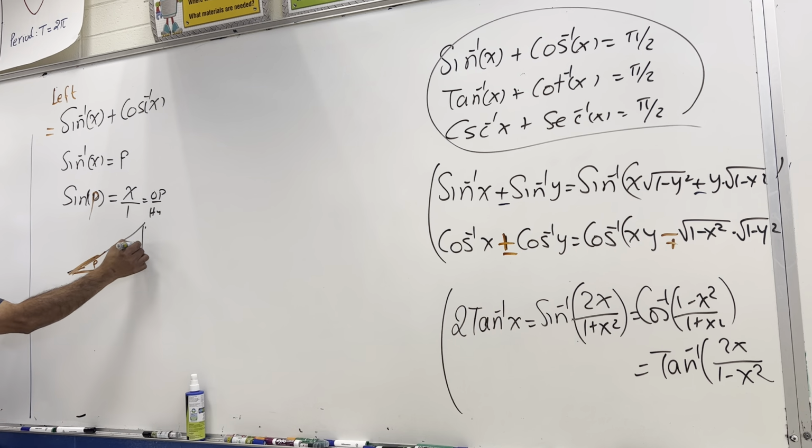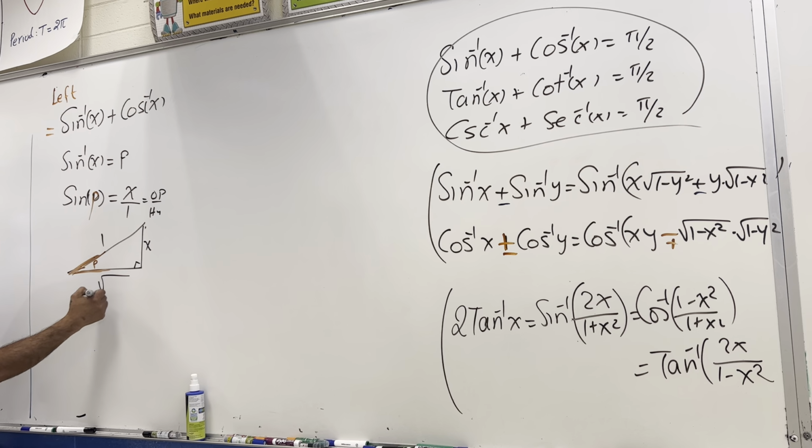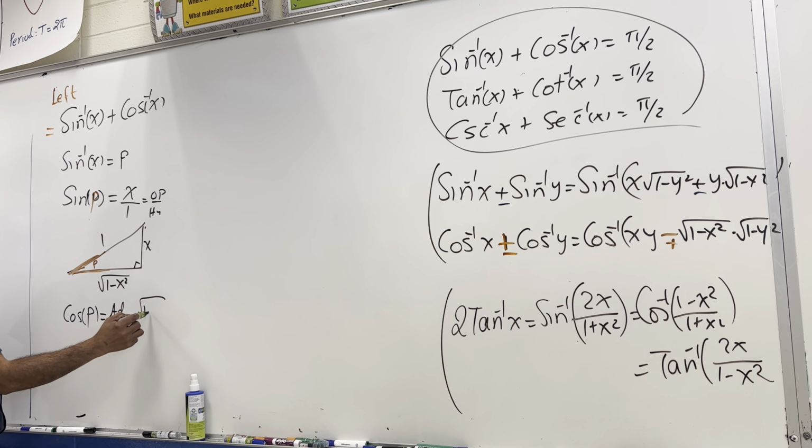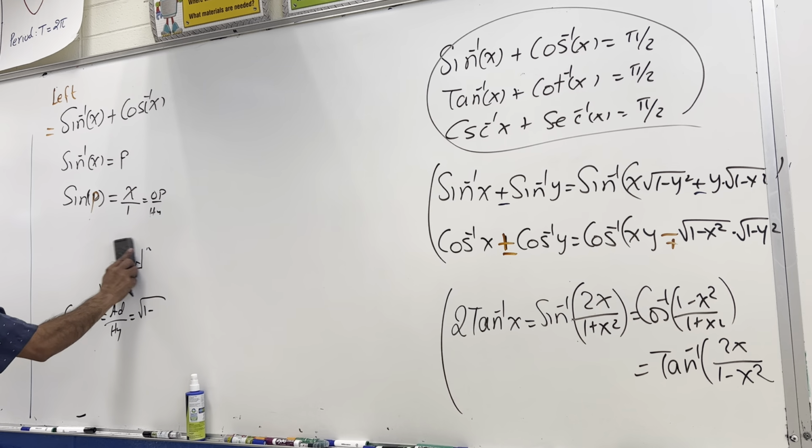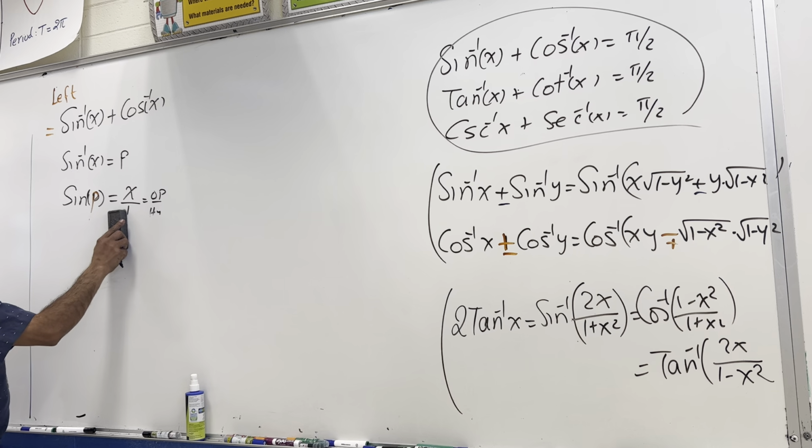So opposite is x, hypotenuse is 1, and using the Pythagorean identity, 1 square is 1 minus the square of x gives x square. So we can also write down cosine of p, which is adjacent over hypotenuse. Now this time adjacent is square root 1 minus x. Oh, I forgot, I thought I was proving this one. Okay, we don't need all this. What we need here is, sorry about it. Once you get this,